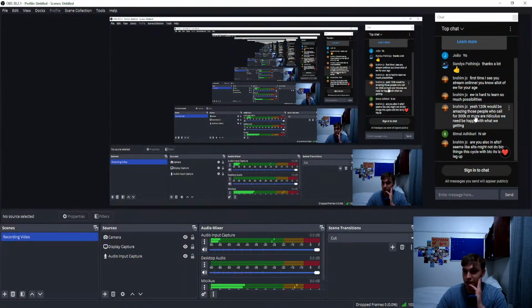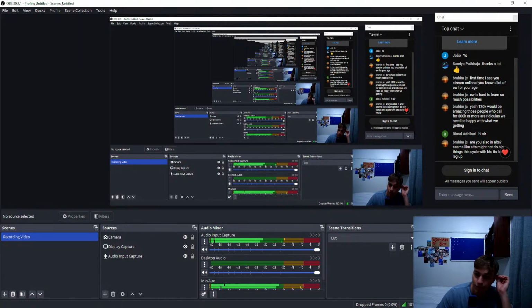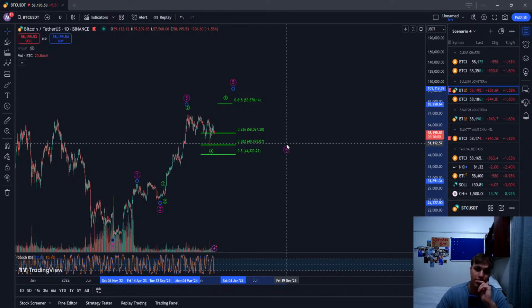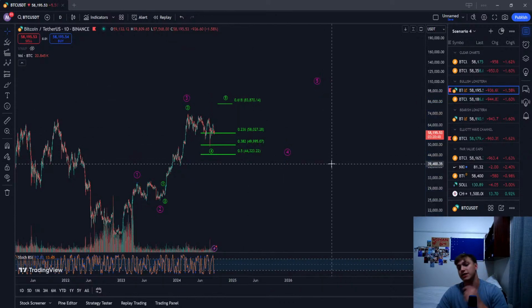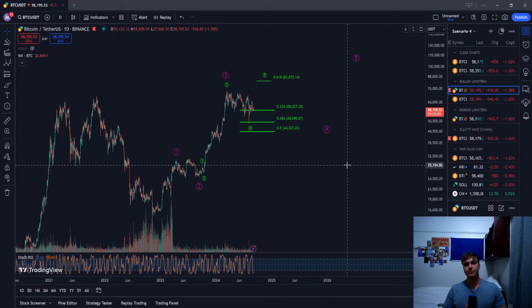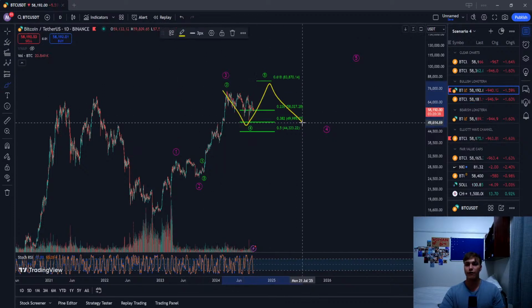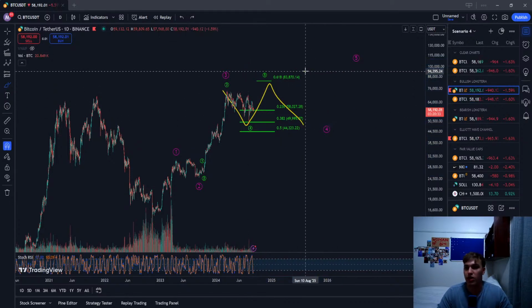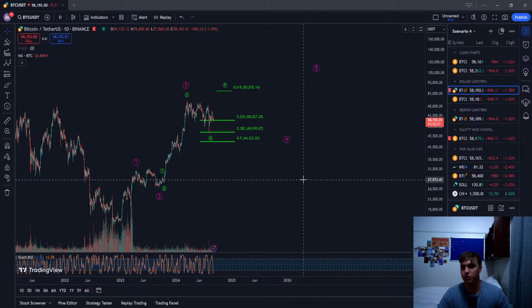I don't know. Are you also into alts? Seems like alts might not do big things this cycle with BTC. Its last leg up, maybe one or two more legs if we do another 4 or 5. But I do think alts will have their season. I think in this range, once we finish this 4, 5, 4, in this wave 4, alts might do very well. I used to be quite a bit into alts and made some good money off the original bull run, like in 2020.